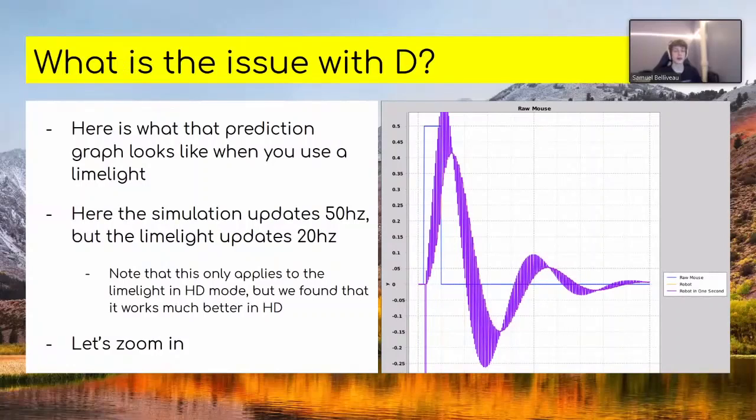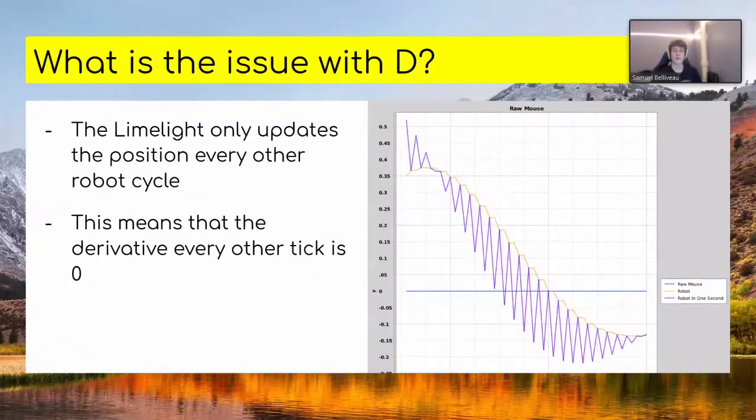it only runs at about 20 frames per second, while the robot updates at 50 frames a second, which means that the robot's not always getting recent information, which can create a prediction which looks a little bit noisy. And let's zoom into this and see what's going on. As you can see, the Limelight is only updating the position